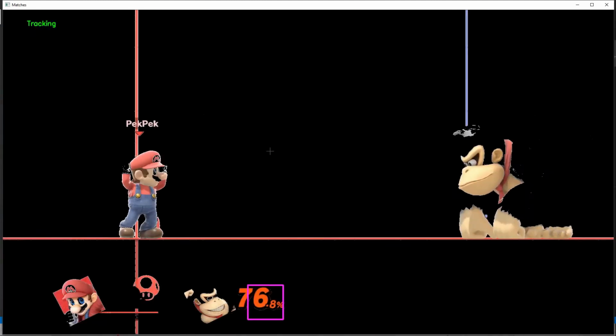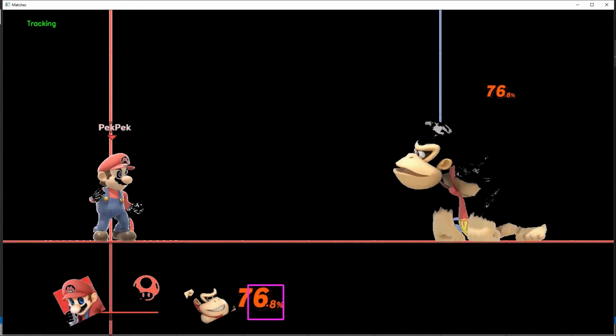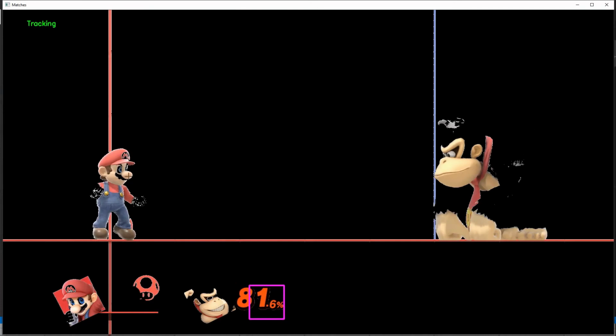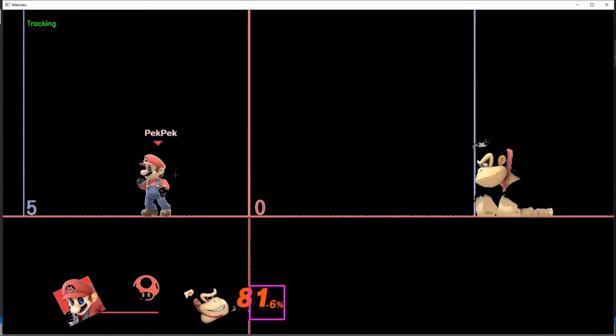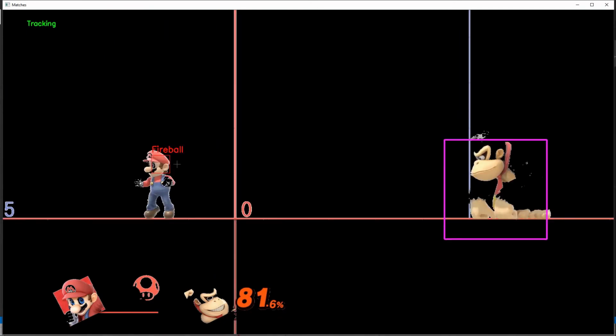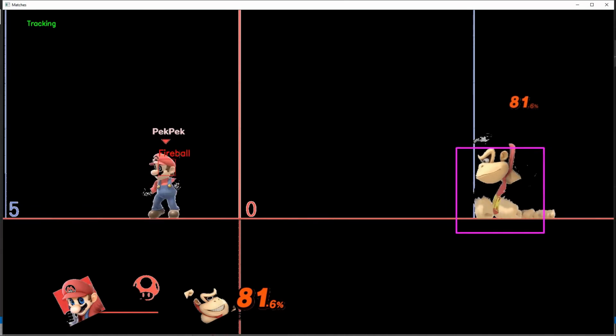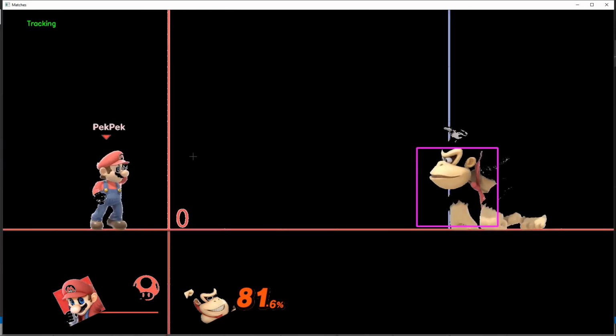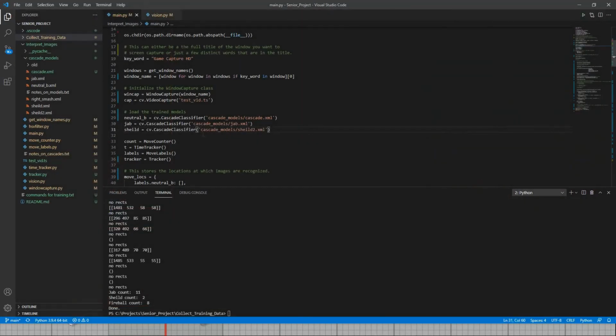Yeah, so I think I like the old one better because this sometimes recognizes Mario face as a fireball for some reason. I don't think the old one was doing that. But yeah, basically all that to say, that's just how you train the model off your training data. And